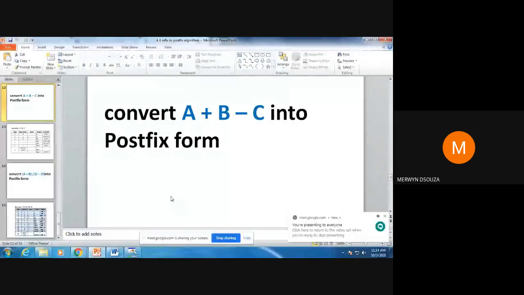So basically we are going to see how to convert this expression into postfix form. It's an infix expression and we are going to convert this infix expression to postfix using stacks. In your exams, you can get 3 questions on this. One could be to write the algorithm. Second, you could be given an expression like this and told to solve it and show step by step how it gets solved. And the third could be to write a program.